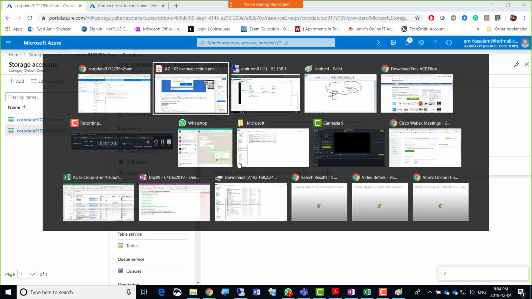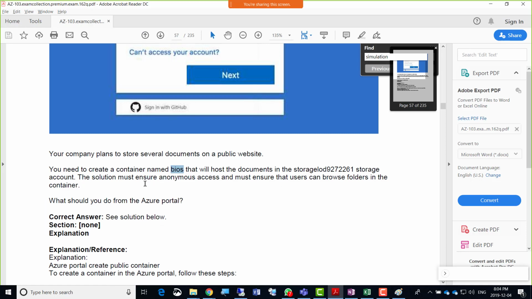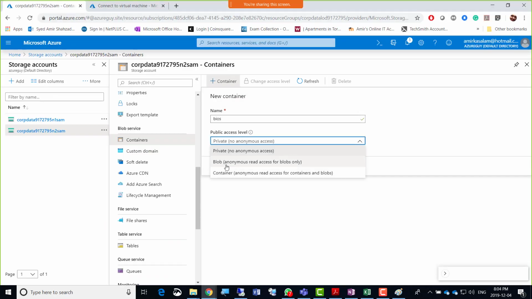But is it just container, or is it anonymous access and must ensure that users can browse folders in the container? Okay, it is just that container. So blob: anonymous read access for blobs only, and then container: anonymous read access for containers and blobs. So now for anonymous read access for users to browse the subfolders here, we can just go for the third one.